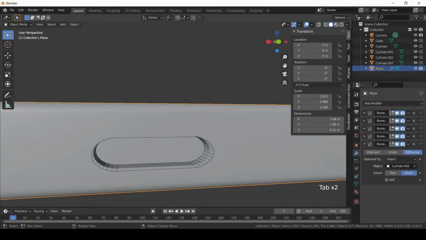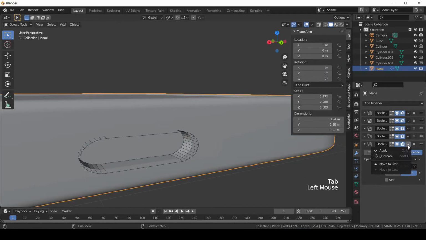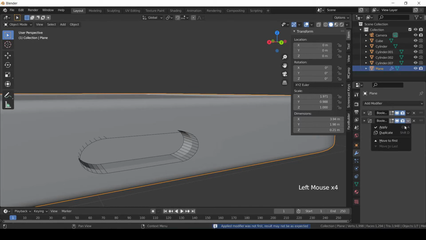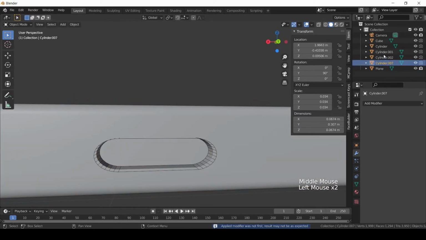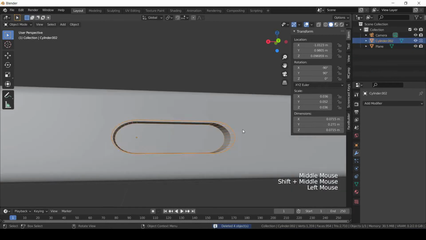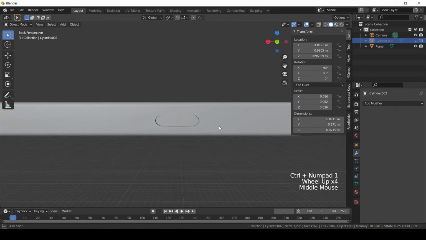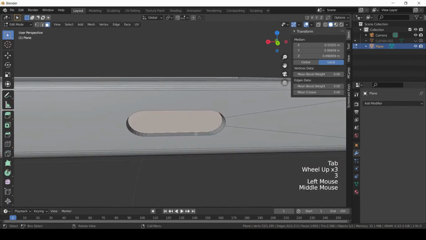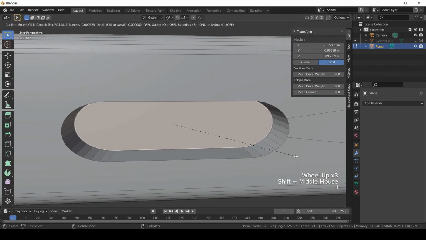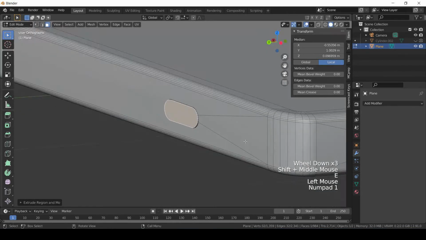However, if we go into edit mode on the phone base, you can see that there is no cut. This is because we have not applied the modifier. So if we go ahead and apply it, we can see the geometry on the phone. If we come into the side view here and into edit mode, you can see the cut. And now if we inset it and we extrude that out a bit,